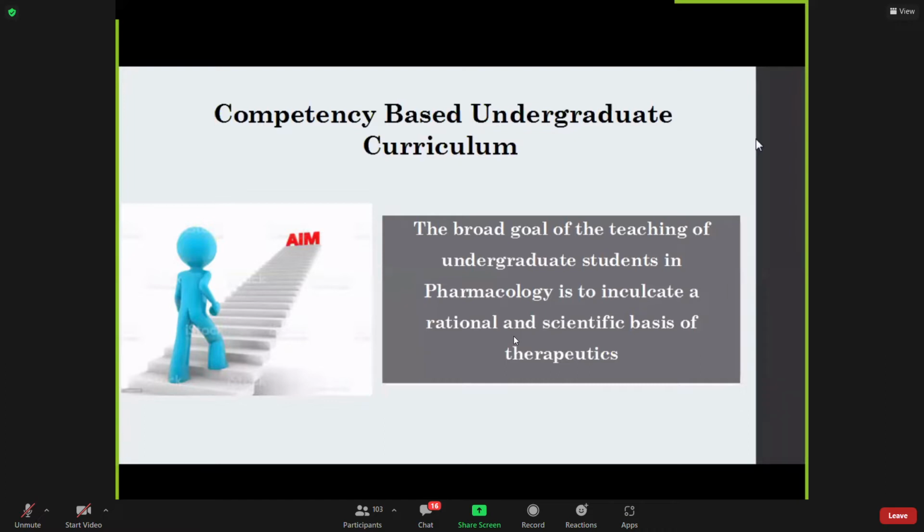You would be learning in the clinics too, where there is a requirement of different R's: right diagnosis, right drug, right dose, right route, right dosing regimen in its entirety, for the right condition, for the right patient. So all those R's are involved in this rational therapy,